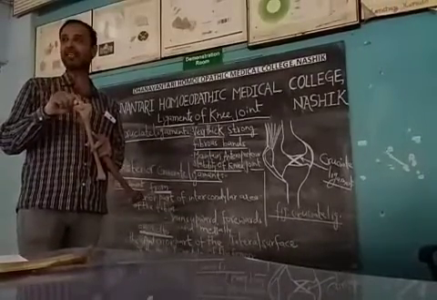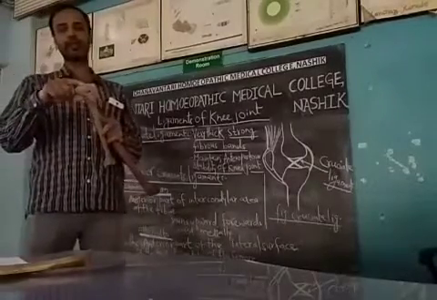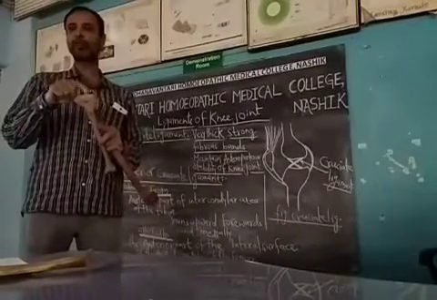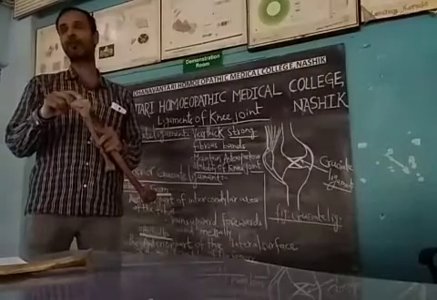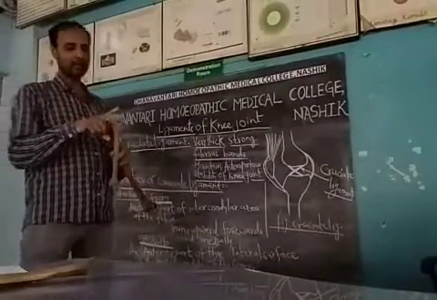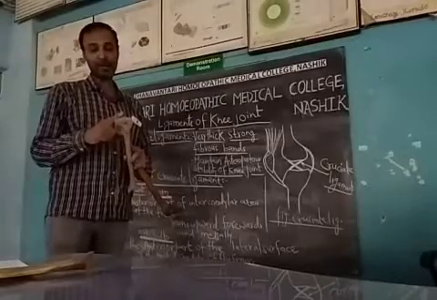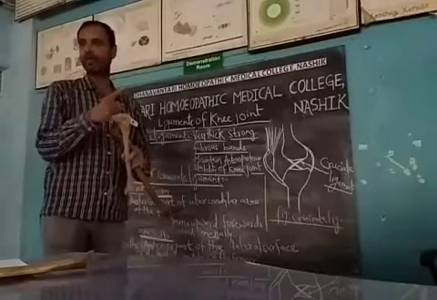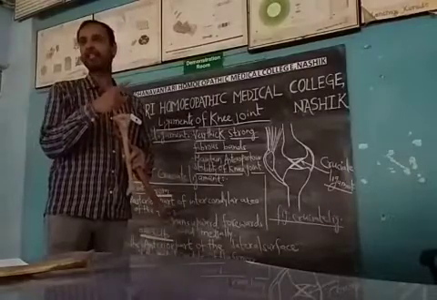Because it begins from the posterior region. So from the posterior part of the intercondylar area of the tibia. Now its course is what? It runs upwards again. So from here it runs upwards, but now it goes forward because it goes anteriorly. So it runs upwards, forwards, and it is now medial.